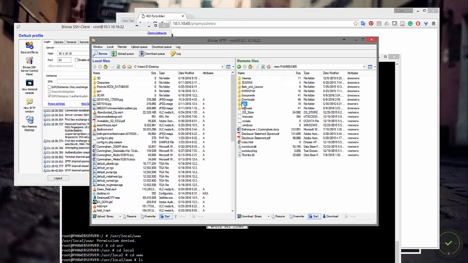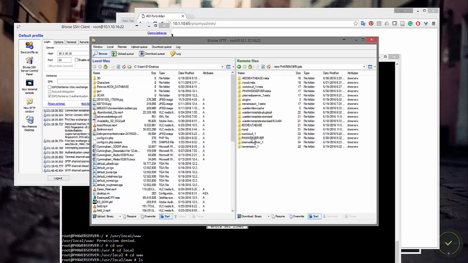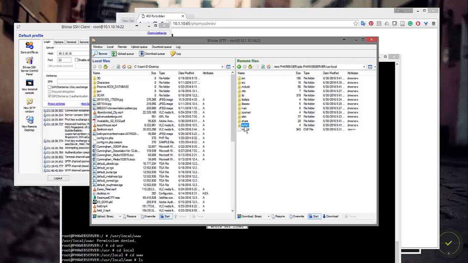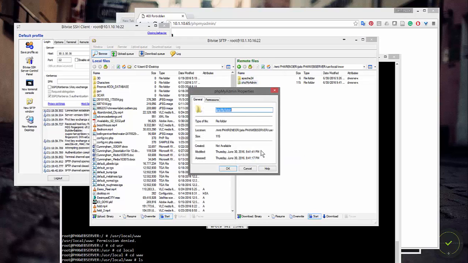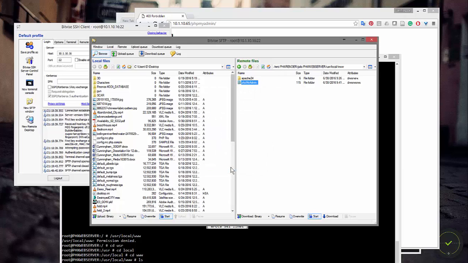So here, there's my jails, and there's the web server jail. So inside of the web server jail, I'm going to go to user, and let's go to local, and then www, and then let's look at this folder and see what the permissions are set for it. Okay, so let's turn on all the permissions for it. So 777 all across the board, hit OK,